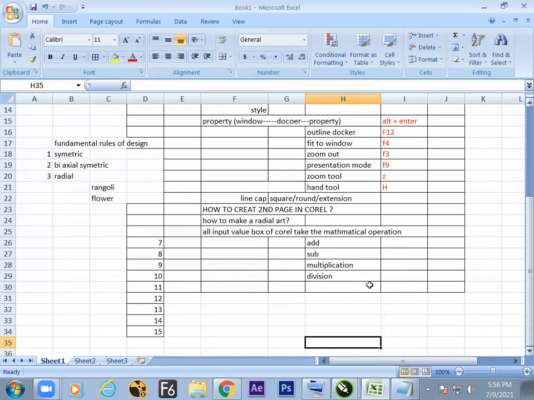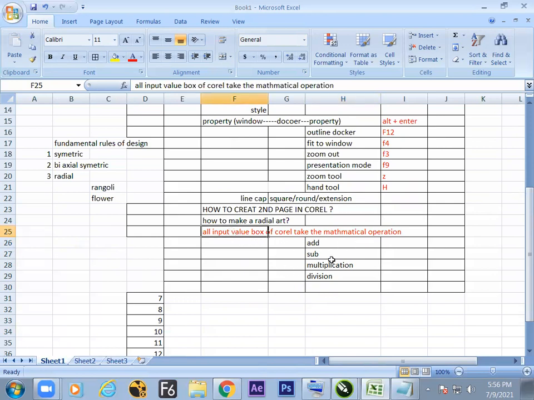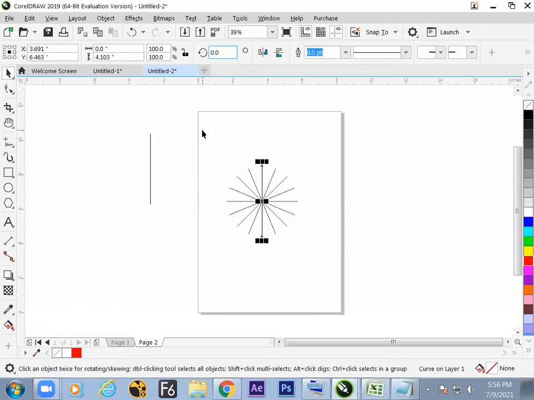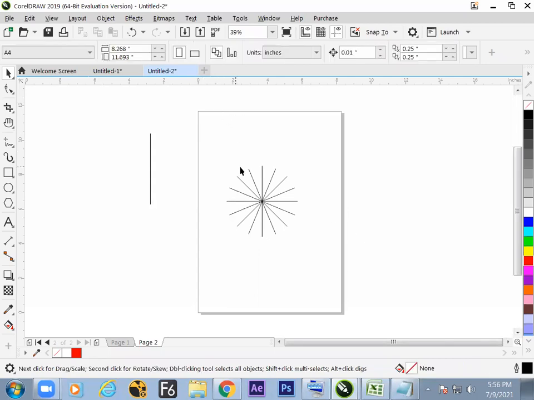So hope this is a big thing we got to know. That makes Corel work in a bigger way. Not only Corel, any designing software has this option, which is not there in compositing software. Photoshop doesn't have addition, subtraction in the input box. But Corel does have options to make mathematical operations, as we have seen here. Multiply by 2 or divide by 2, all of that works.